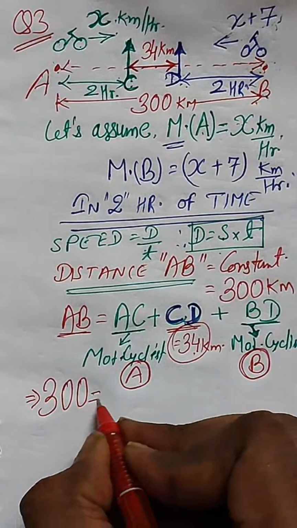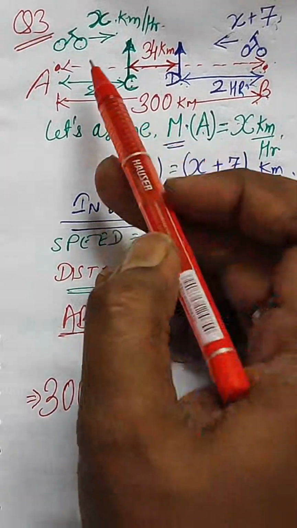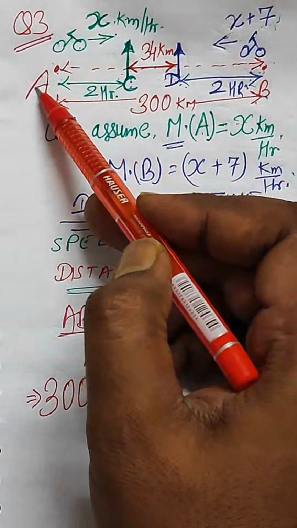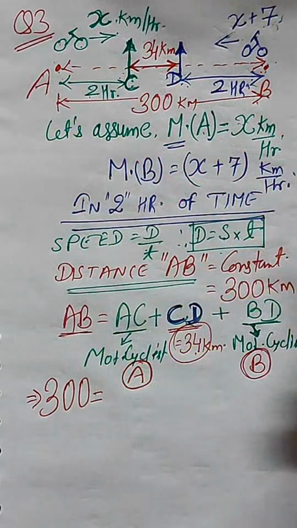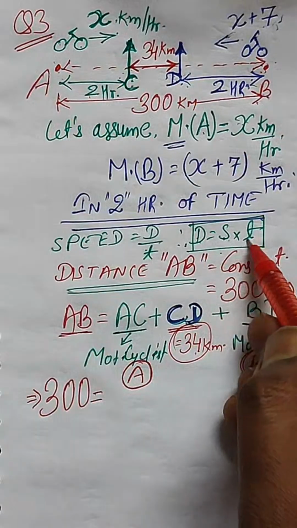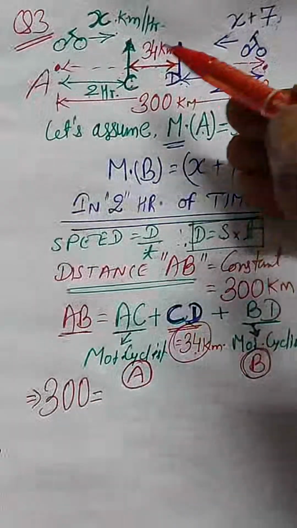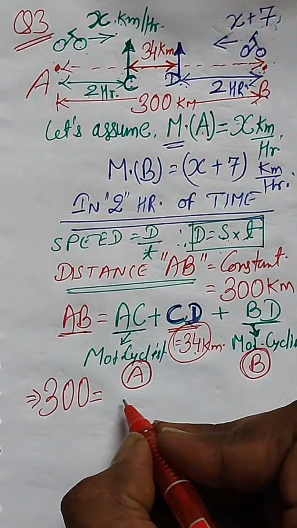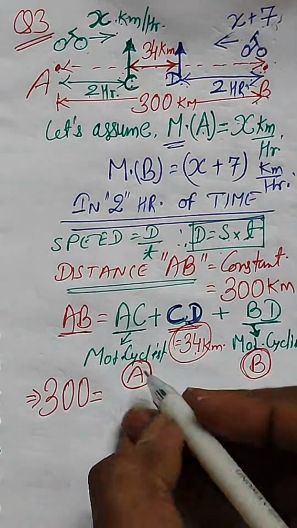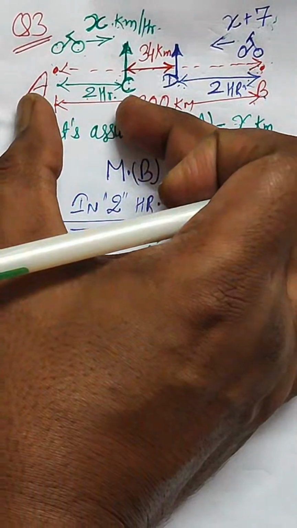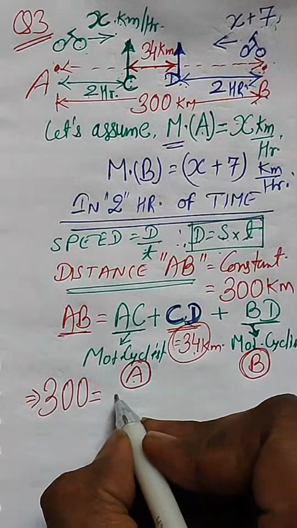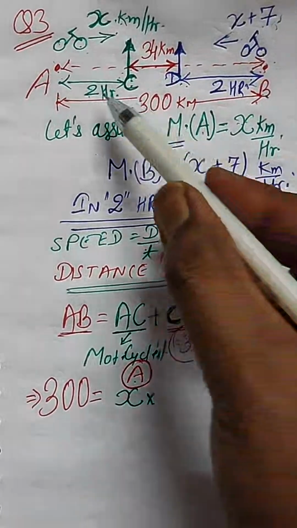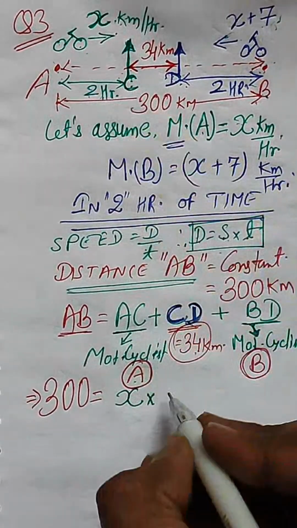And this is equal to AC. AC is the distance traveled by the motorcyclist A in 2 hours of time. And we know that distance is speed into time. And what was the speed of motorcyclist A? It was x. So 300 can be written as motorcyclist A's distance AC covered in 2 hours, that is x into 2 hours, so x into 2